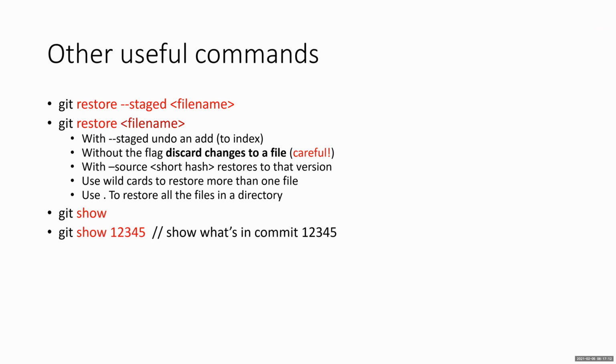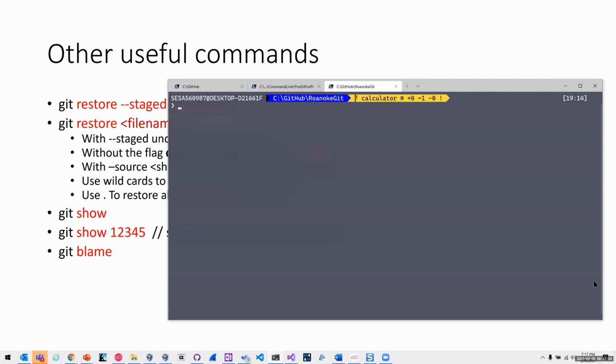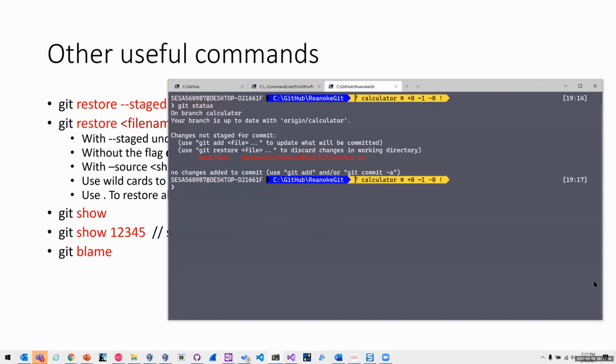Very cool. Git show shows you what's in the commits, and git blame is one of my favorite commands. Terrible name. What git blame does is it goes through a file and tells you who made each change. Now, this is not going to be terribly meaningful because there's only me. But if we say git status, okay, and let's say git